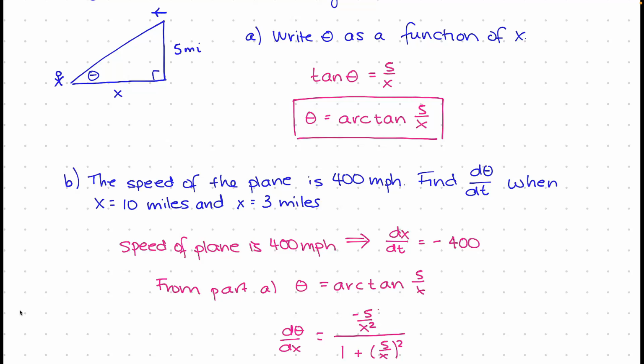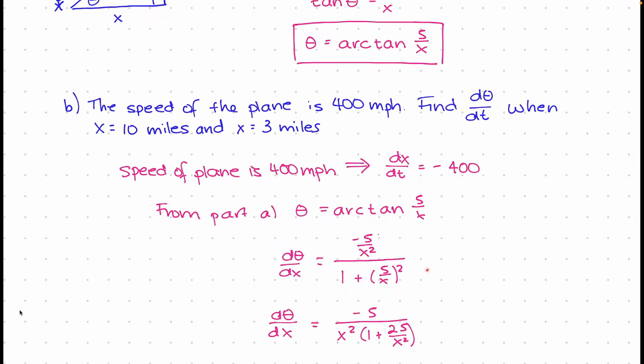So if the speed of the plane is 400 miles per hour, that's going to be the change of x with respect to time. Because the plane is flying in this path, which is basically the same path as x. So they gave us dx dt, and because that distance is going to shrink, that's why this is a negative speed, or negative velocity, I should say. And then from part A, we have this. So if you take the derivative,